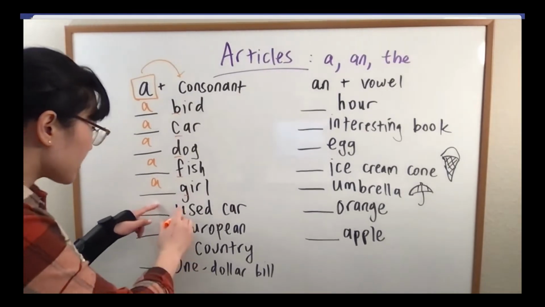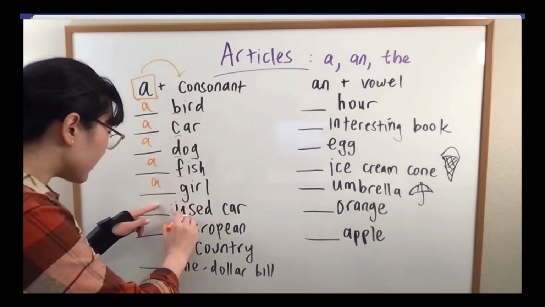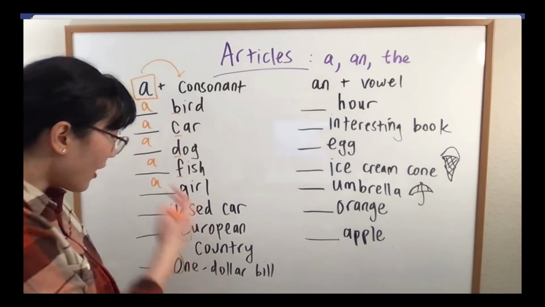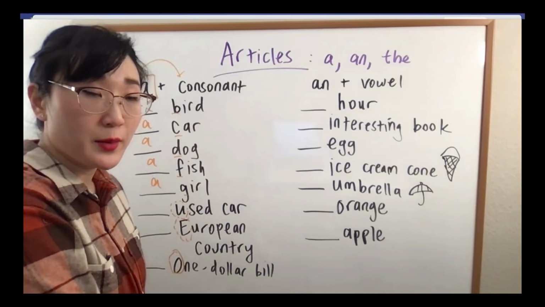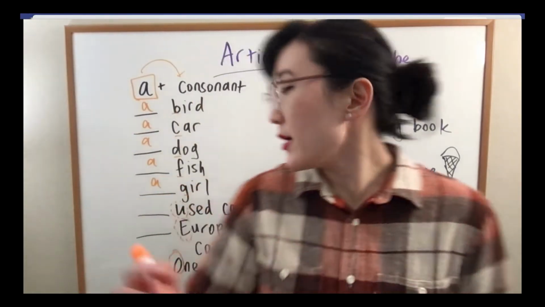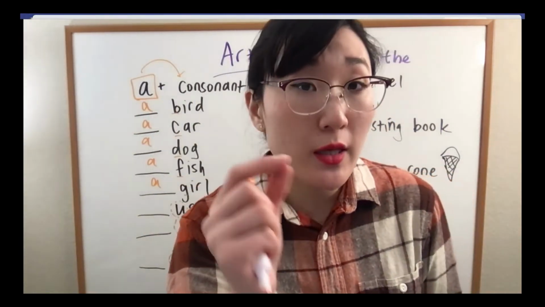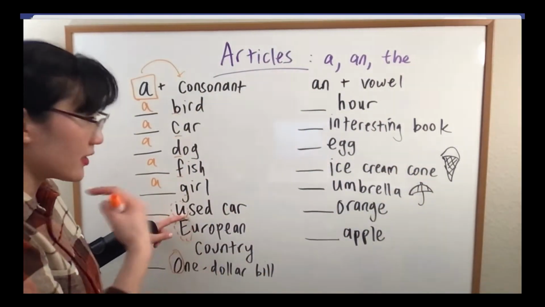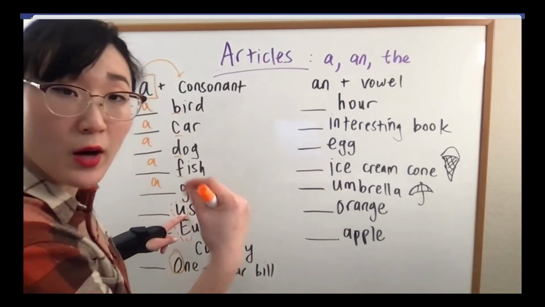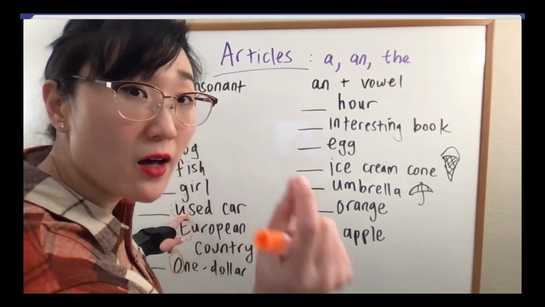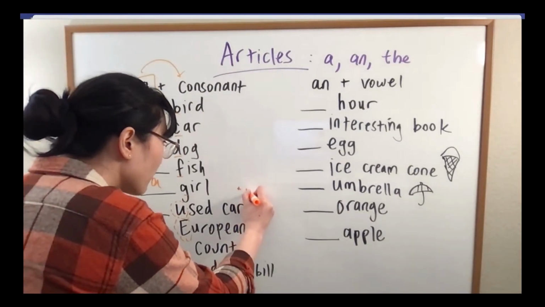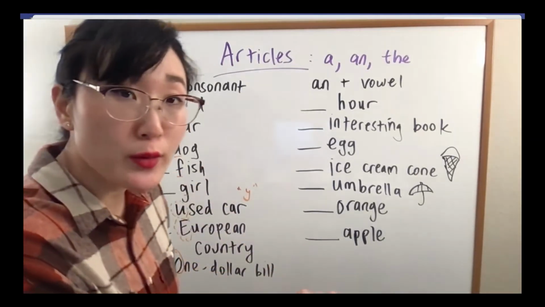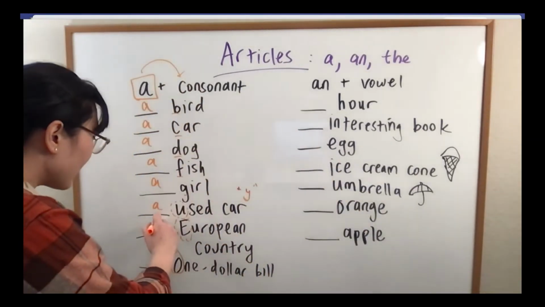Okay, now look at this. Over here, this is a little different. This is a little different. And this is a little different. I see a vowel letter. But what do you hear? A U, y. I am not pronouncing a vowel sound. I don't say like umbrella, I don't say the letter U, I say y. In this case, it's more of a Y consonant sound. So we say a used car. A